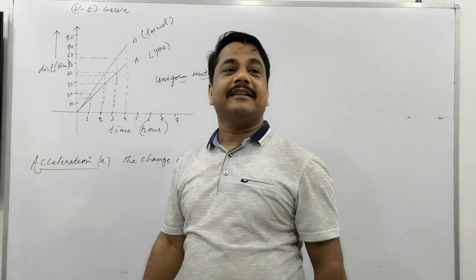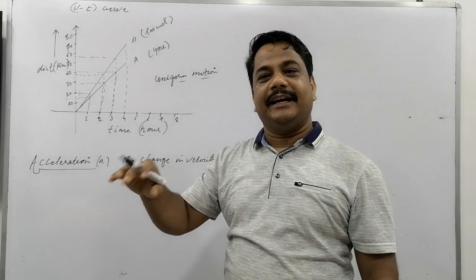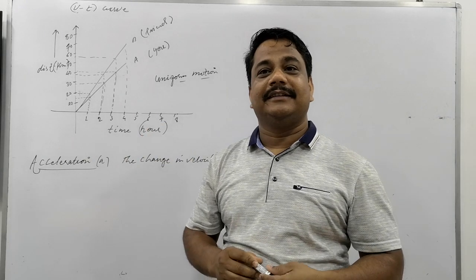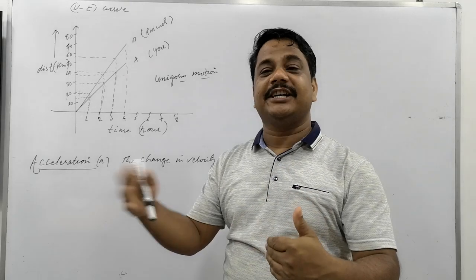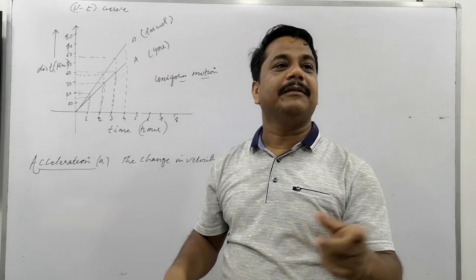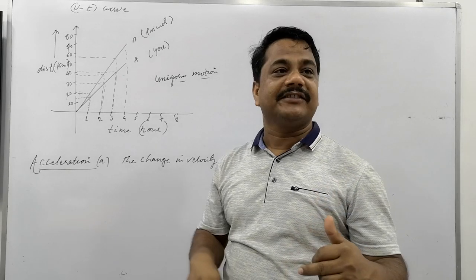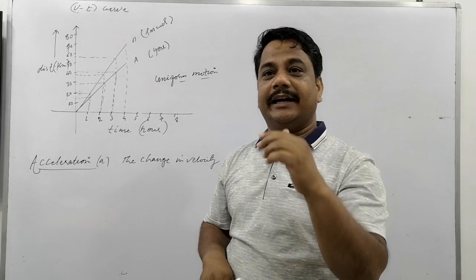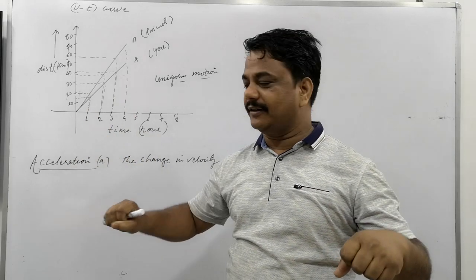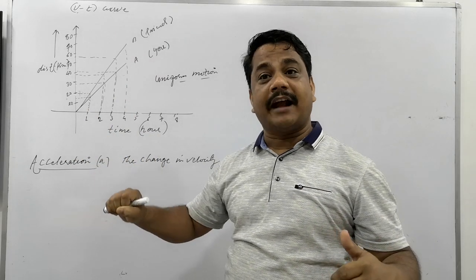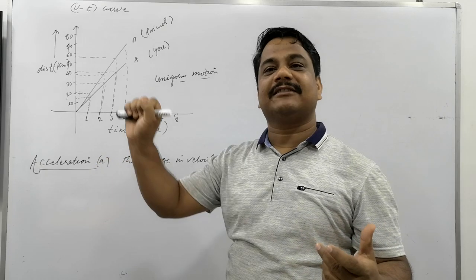Change can occur in two ways, increasing and decreasing. If it is increasing, then the change, final minus initial, will be a positive number. If decreasing, then final minus initial is negative. So acceleration can be positive or negative. Acceleration means accelerator. It is rising speed, simply the word. Rising speed is called acceleration.